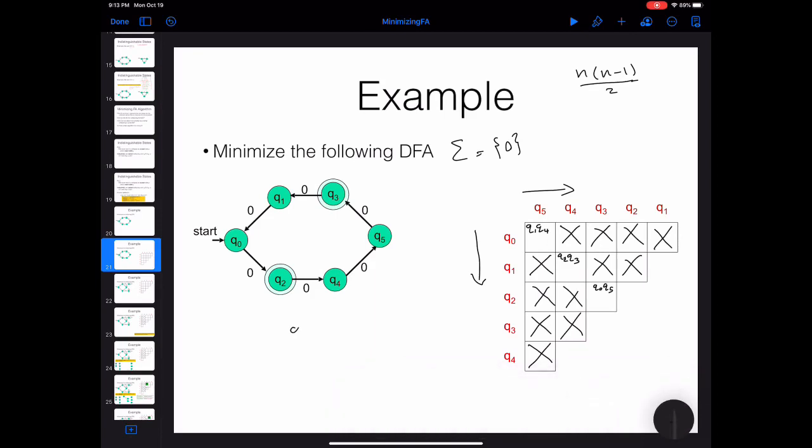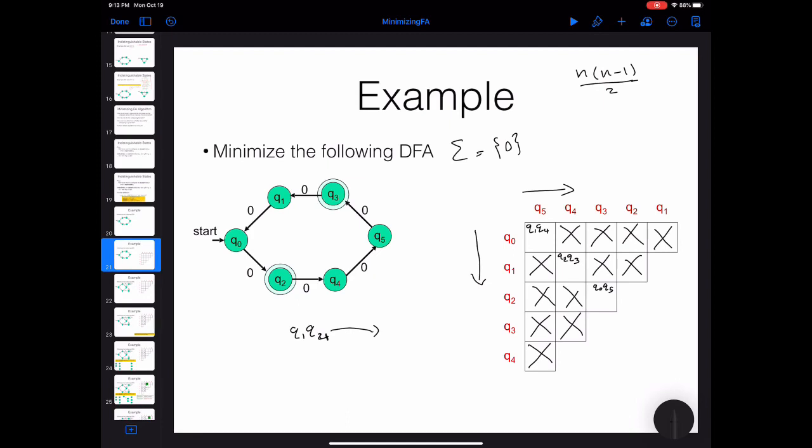I'm not drawing a finite state machine, I'm just drawing some dependencies. The pair Q1 and Q4,